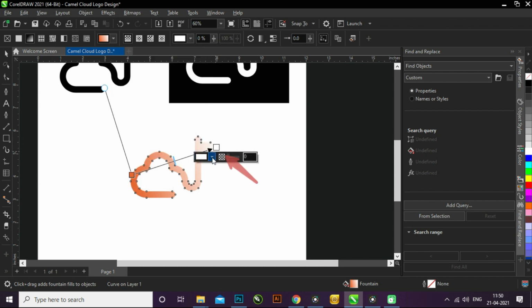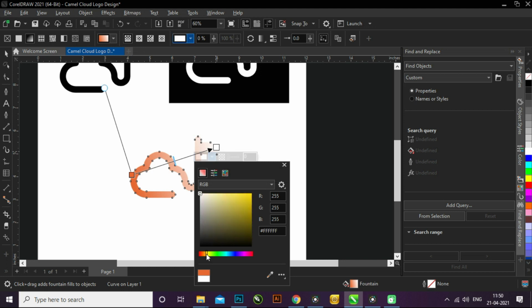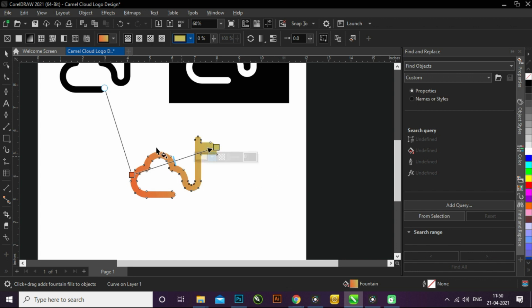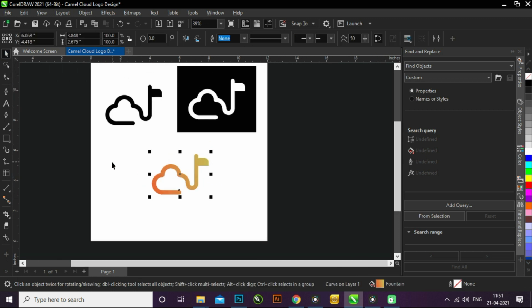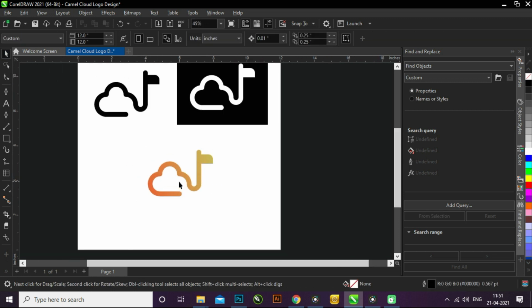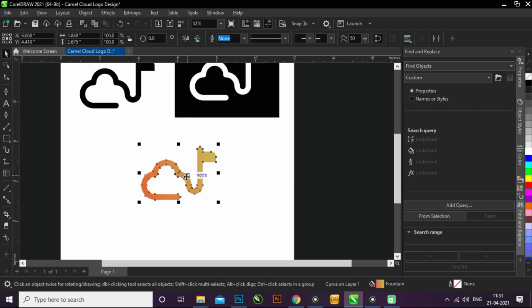And for the right part, I will be going for a yellow tone. Looks perfect. Now let's add some type to our logo.